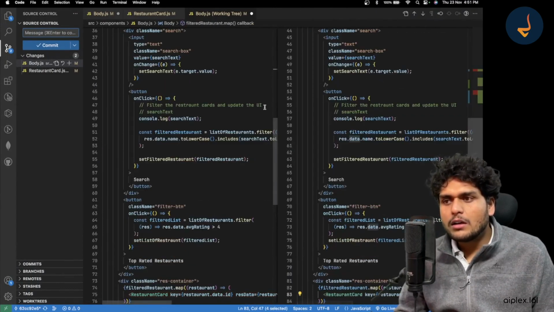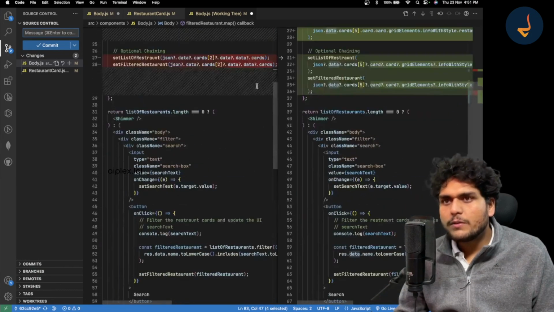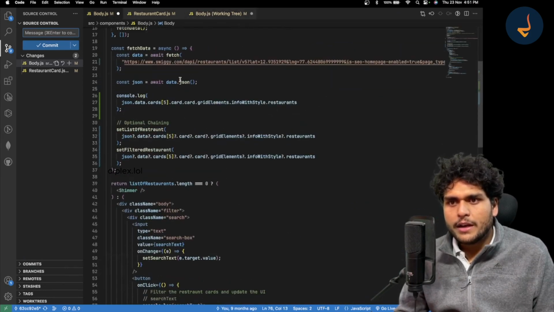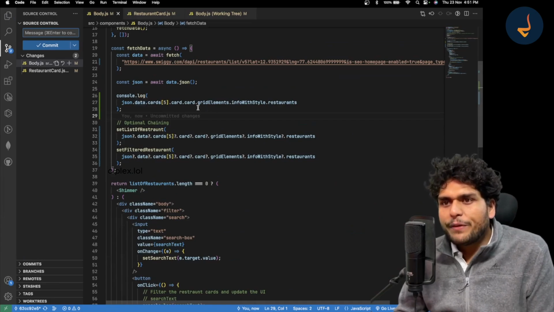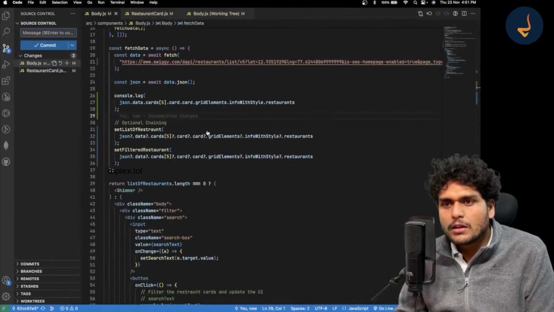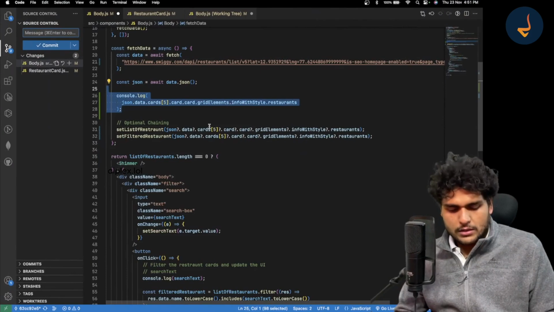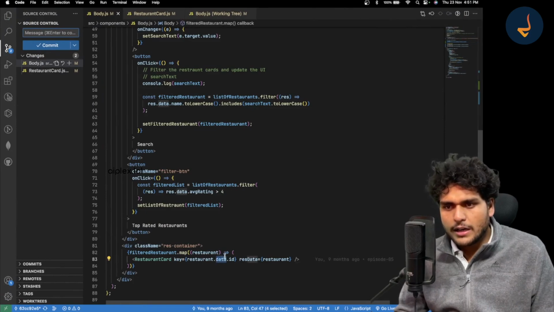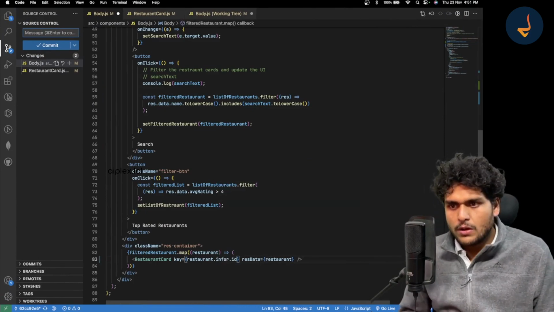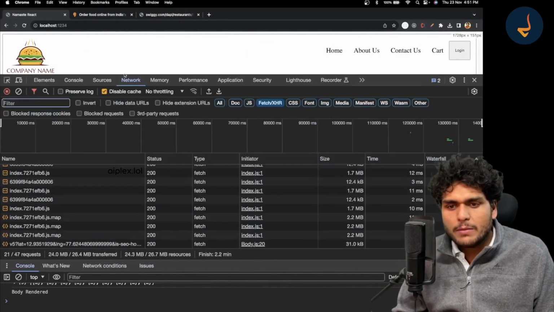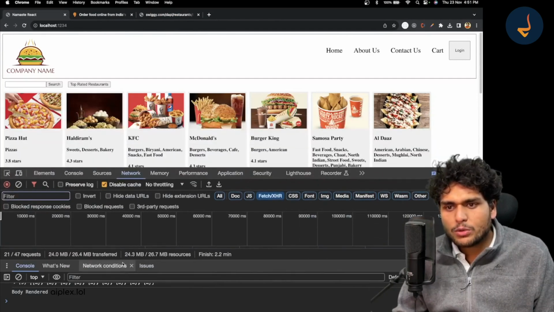Where is it? Over here, let me just do a console log and fix this also. The data, what is here? Okay, I think I have messed up. I have not saved the code. restaurant.data, I need to change this to info. Yep, cool, it loads. So let me just see the data and why it is showing NaN over here.